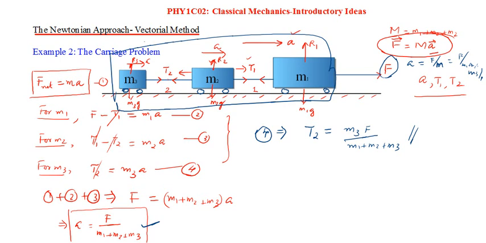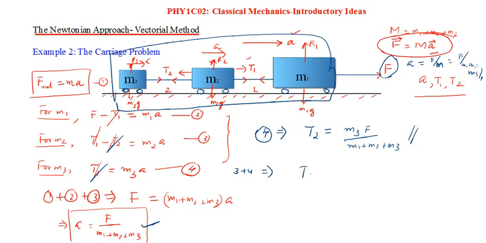Once you get T2, can't you calculate T1? So to get T1, what you do? You just add 3 and 4. So what will 3 plus 4 give you? When you add 3 with 4, T2 and minus T2 will get cancelled. So you will get T1 equal to